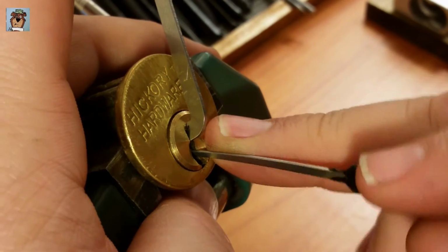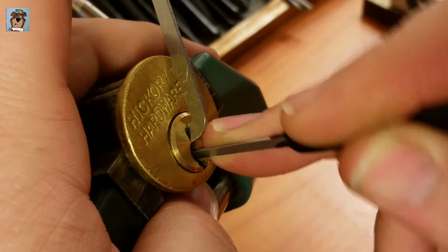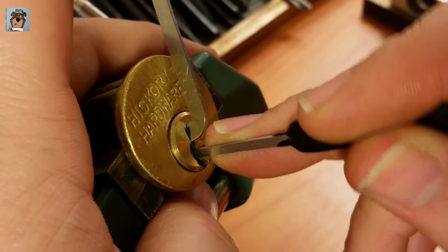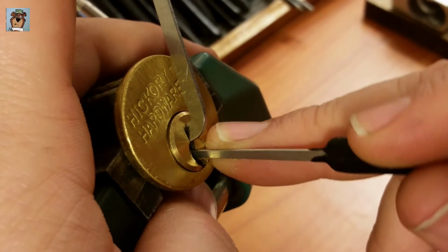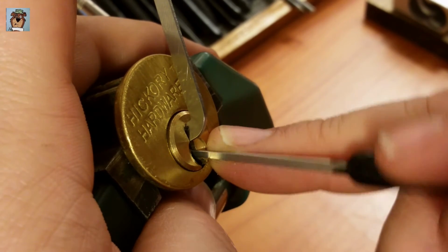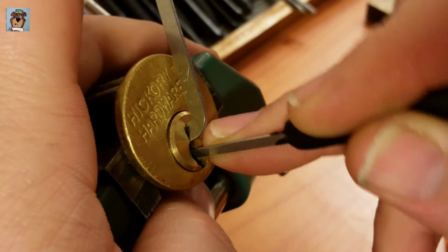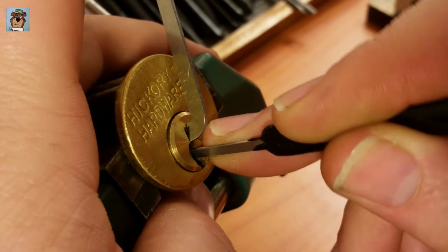When I set the camera off to the side like I've been doing, it's easier for me to pick, but it's harder for me to keep track of what the focus on the camera is doing. Okay, so nothing is proffering up any feedback at all. But I'm going to chance